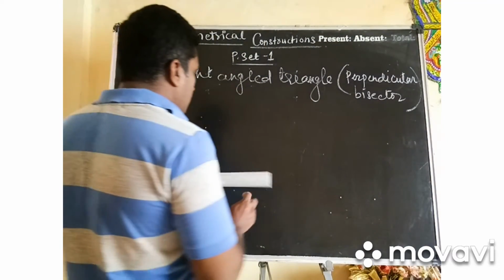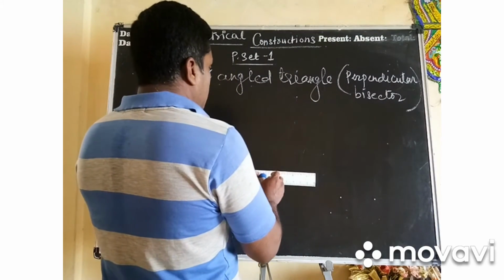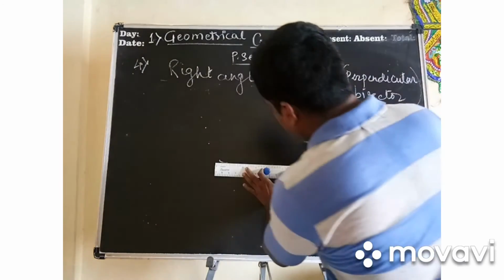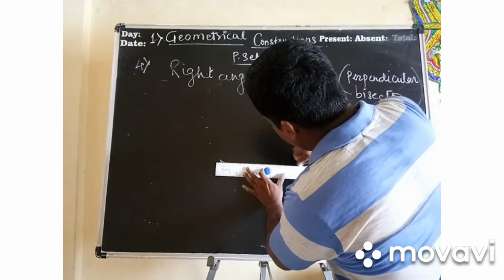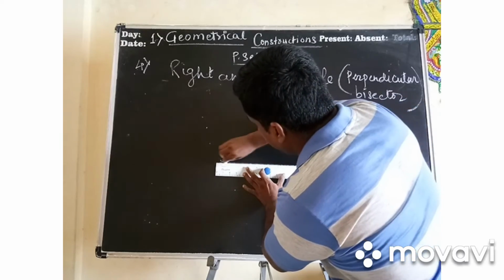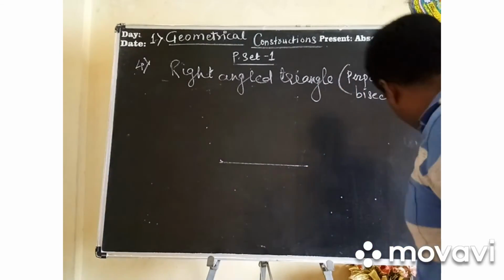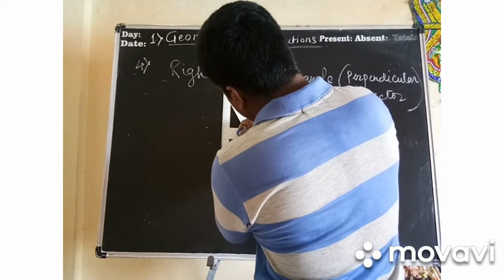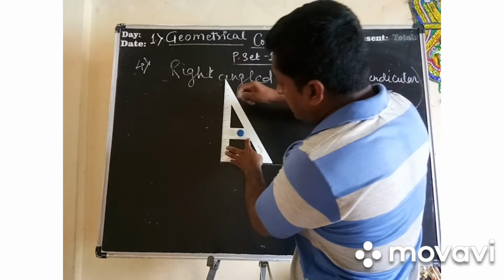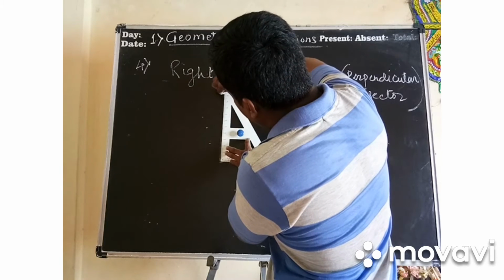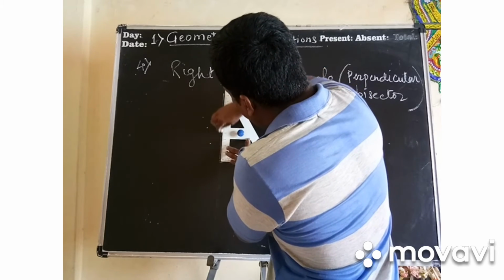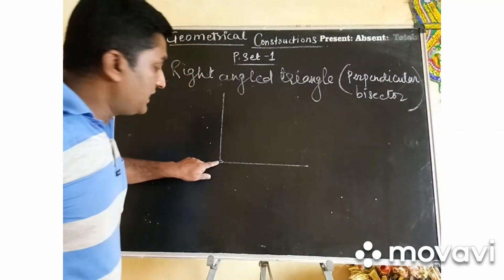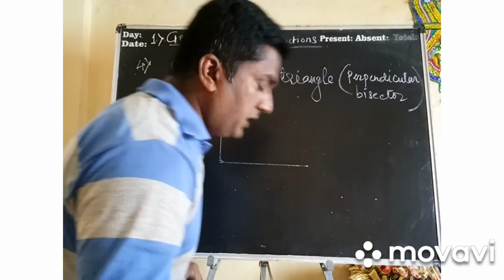So first I am drawing a right angle triangle like the last time I tried. For drawing this right angle triangle, I am going to make a base here. This is my base of the right angle triangle, right everybody? And then if you want, you can use this also for making it. Last time I used a protractor. This time I am trying with this set square. Even this is a good thing to make a right angle triangle. See, I have got 90 degrees.